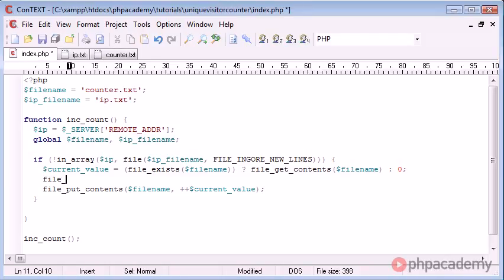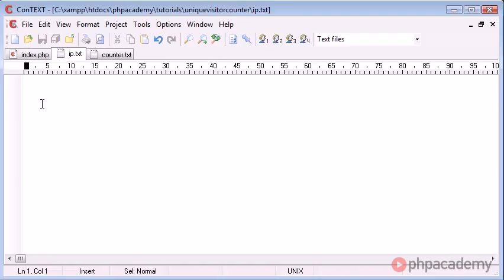So I'm going to say file put content. I'm using exactly the same function as I've used here, but this time what I'm doing is I'm inputting it into IP file name. So we're writing something to ip.txt because IP file name corresponds to this value here. What we're then inserting is the user's IP, and then we're going to concatenate on with a full stop, \n, which is a new line. So after say 5 or 6 are written down, there's going to be a new line after each one, which